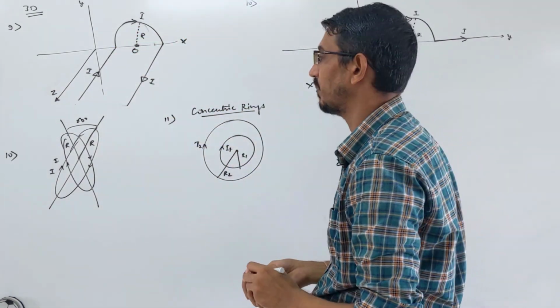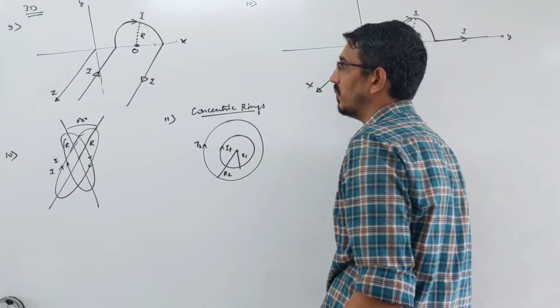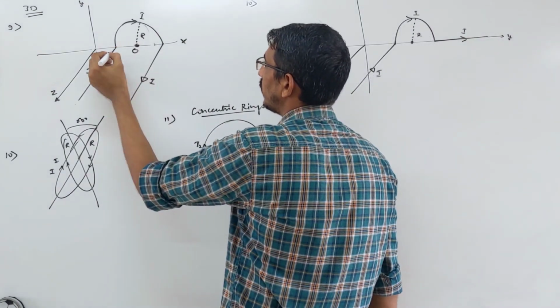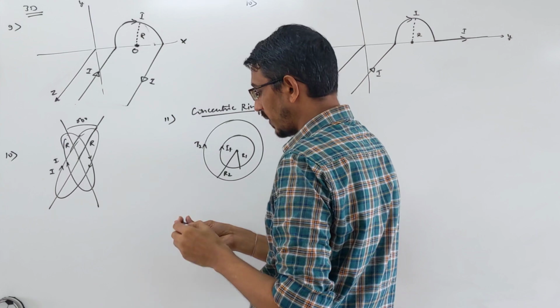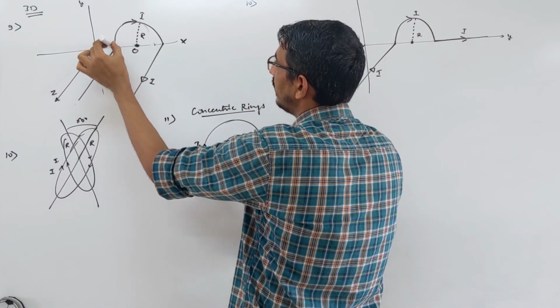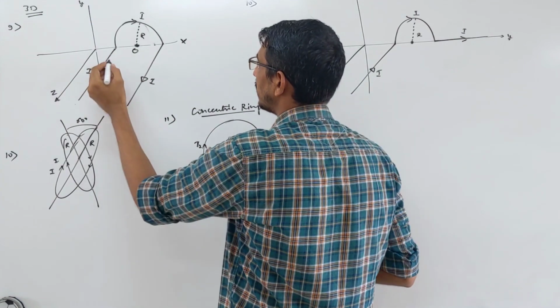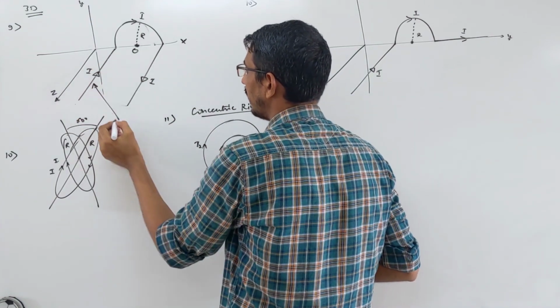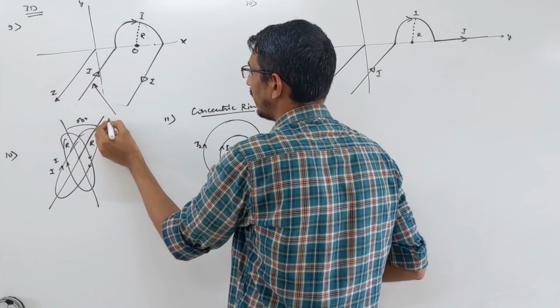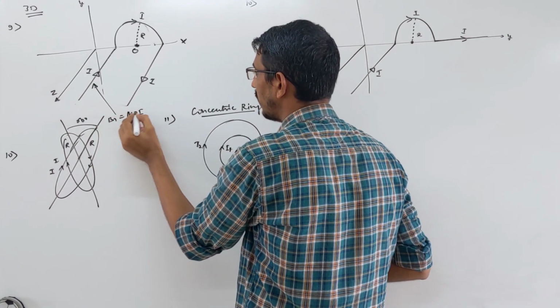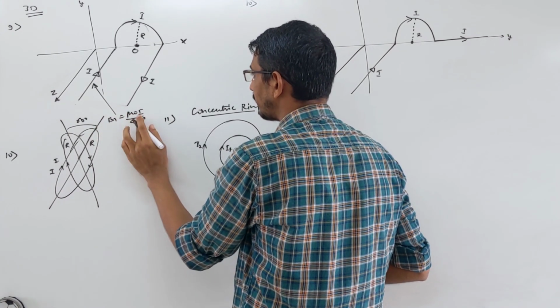Clear? Okay. Now let's find the magnetic field due to the first wire. What is the magnetic field at center O due to this wire? This point is at the end of the wire. So due to this wire, which is the end-of-wire case, let's call the field B1, mu naught I upon 4 pi r.